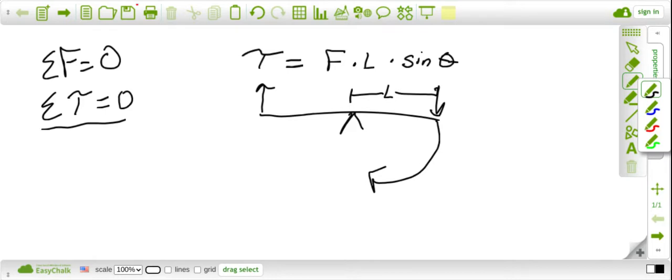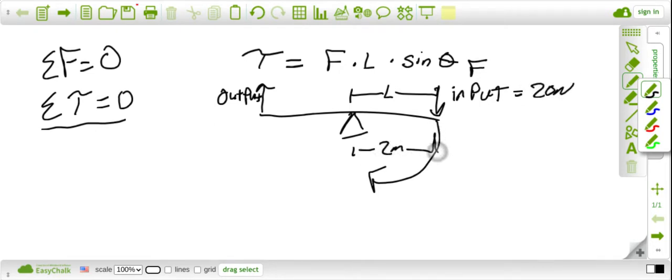Depending on the location of the pivot point in relationship to what we're going to call the input and the output forces, we have an amplification of the force, and we have a magnification of the torques as well. So in a very simple problem, if I have an input force of 20 newtons, and this is applied 2 meters to the right of the pivot point, moving in a clockwise direction,